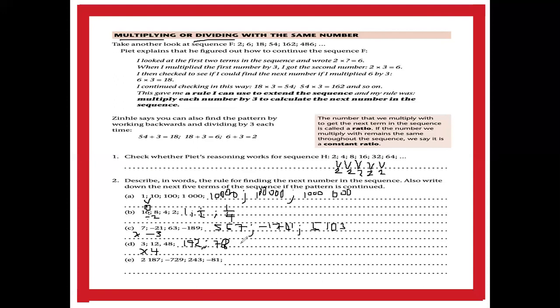And 768 times 4 will give us 3,072. Then we have 2,187 minus 729, 243, and minus 81. So